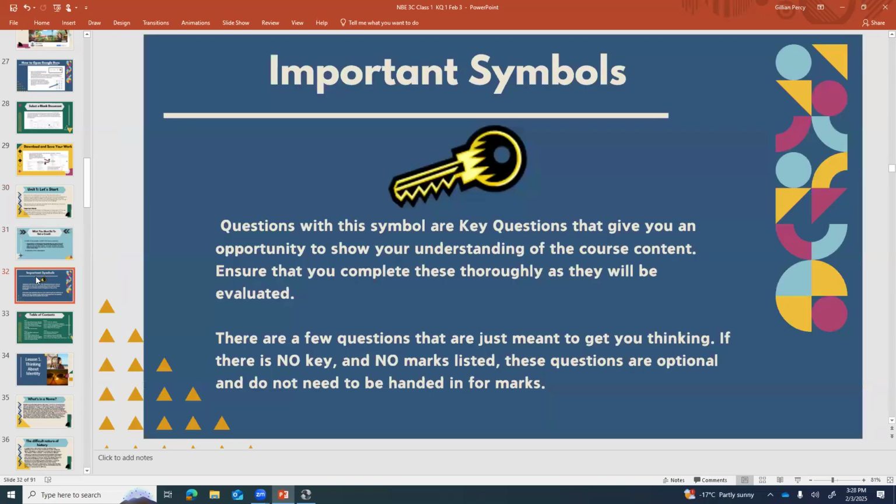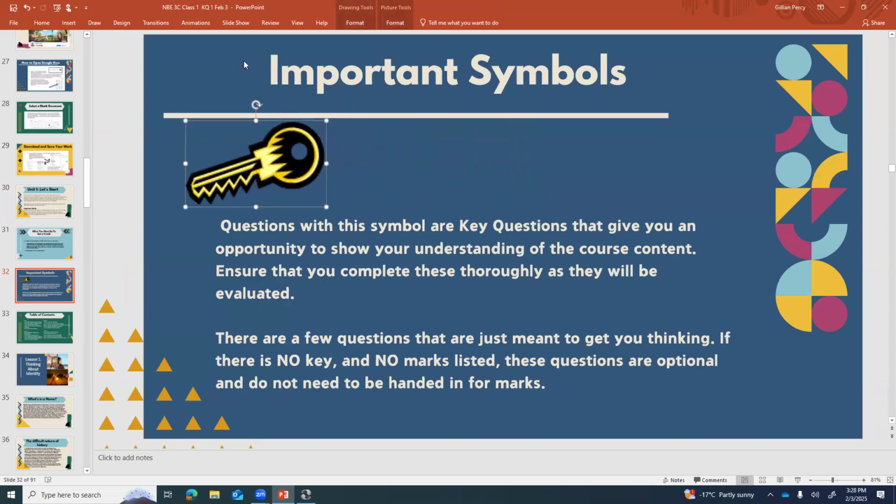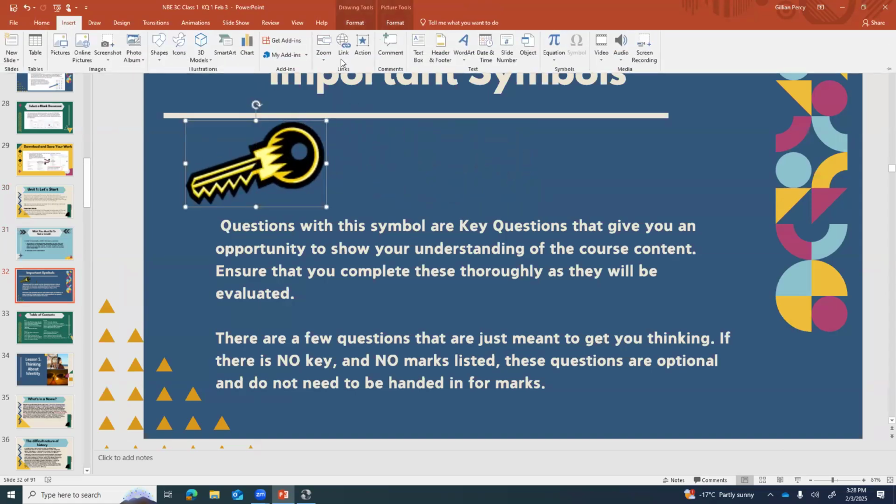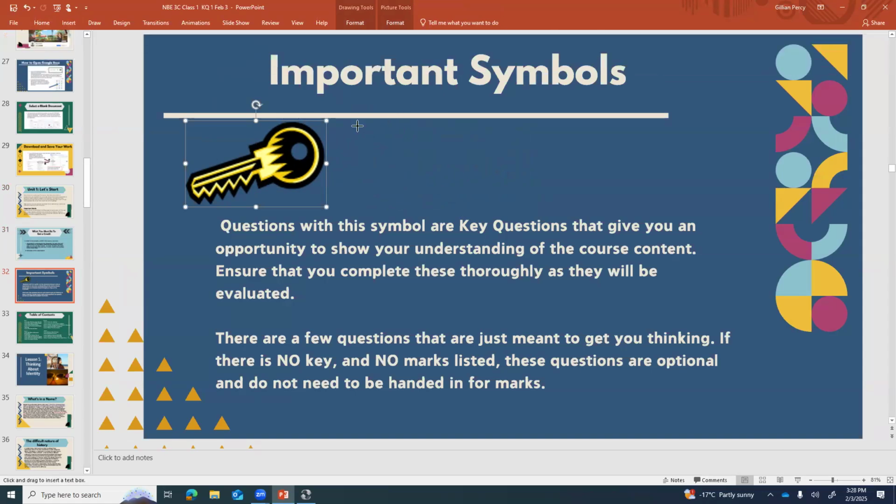That's okay. Okay, if you see the key, you have to do the question. Occasionally there's a spot where you see a few questions that are just meant to get you thinking, and there's no key. Now, having said that, sometimes you'll see the key right next to the thing that says like assignment 32 part A. And then you'll go down, down, down, and down here, it might be part B. That key still counts for both sections.